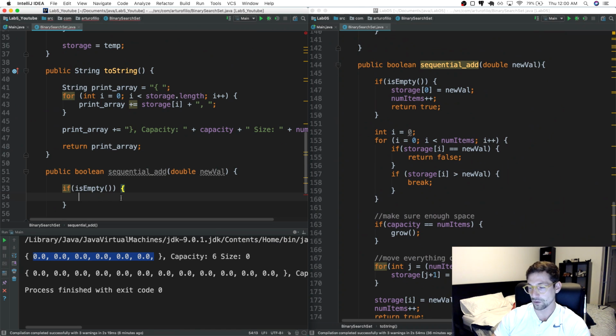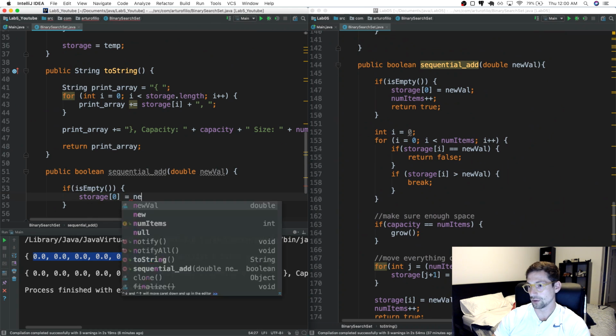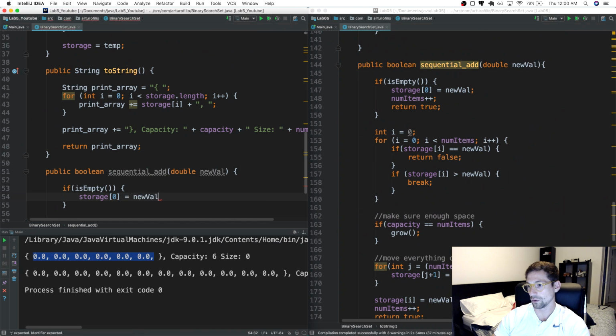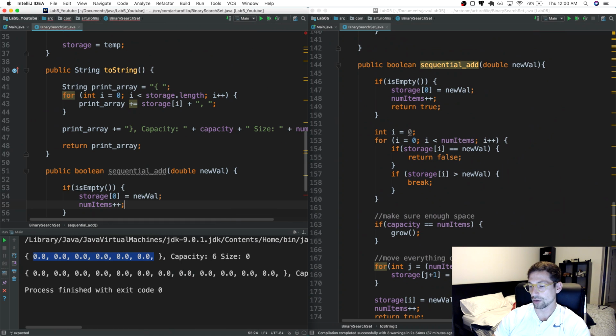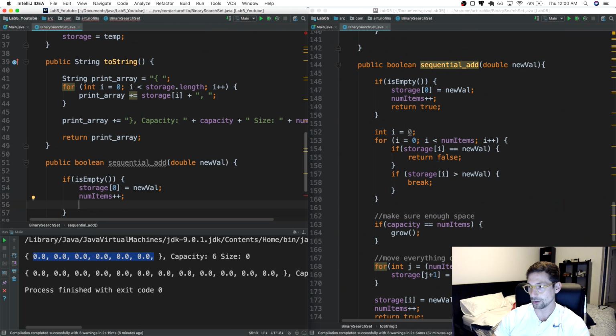with this scenario first. So if this is empty, then the storage 0th index is going to equal the new value. We're going to assign the new value to the 0th index. Then num items, we're going to increase it by 1, which means that now we actually hold 1 value. And we're going to return